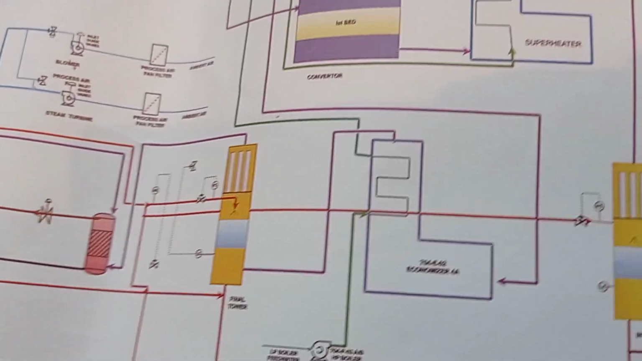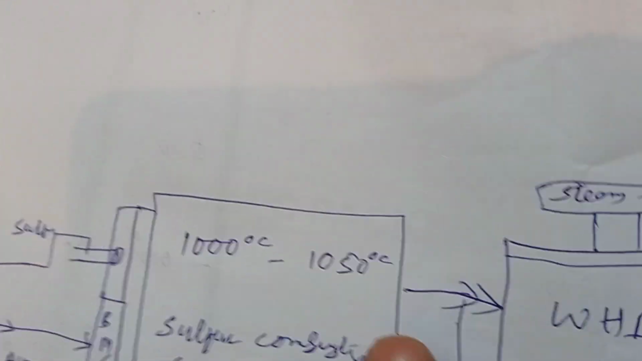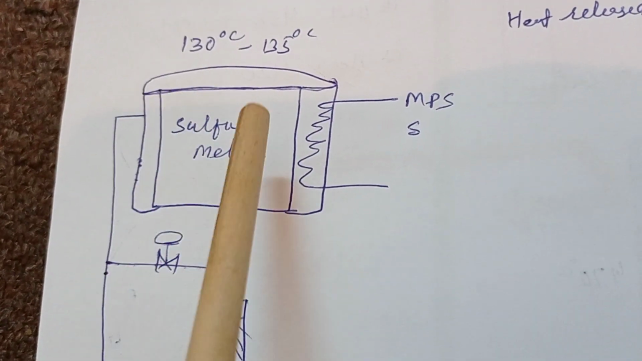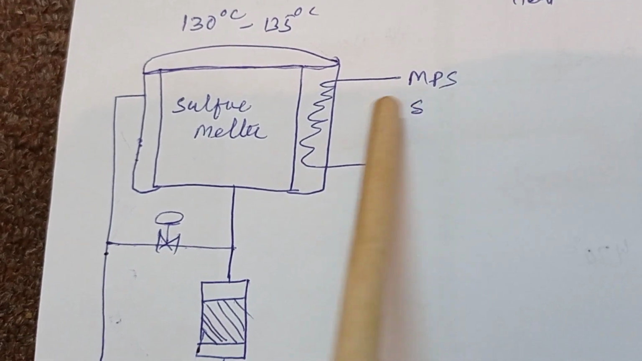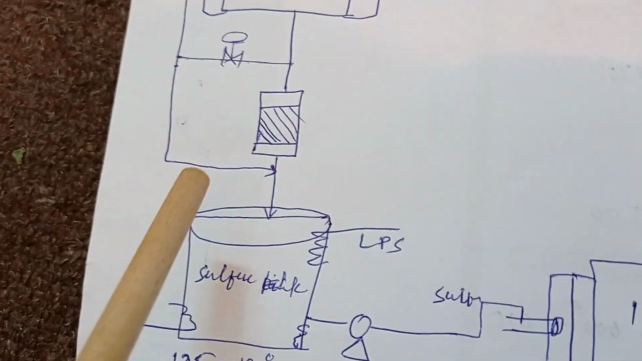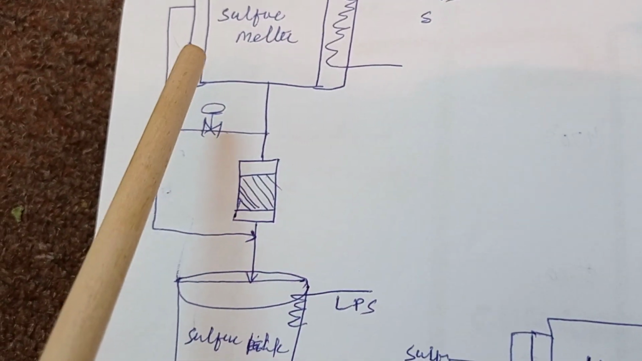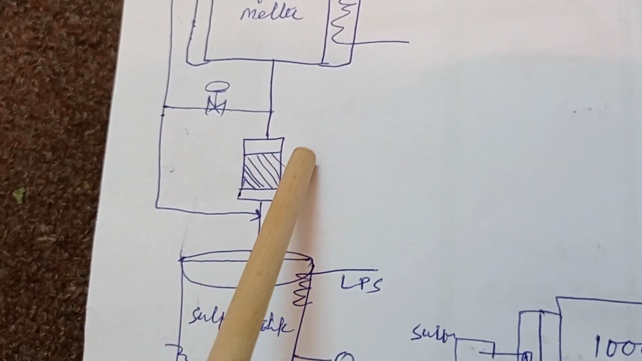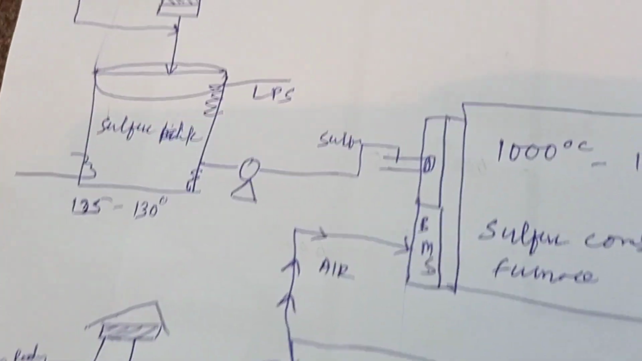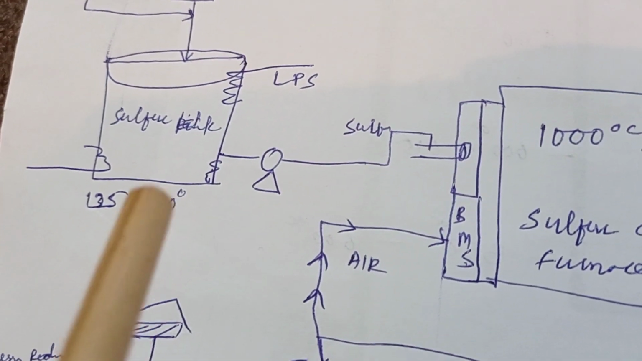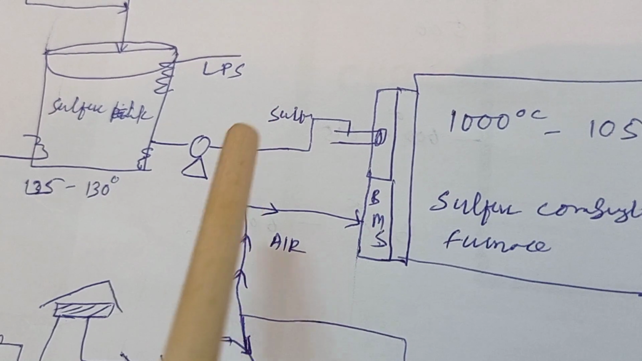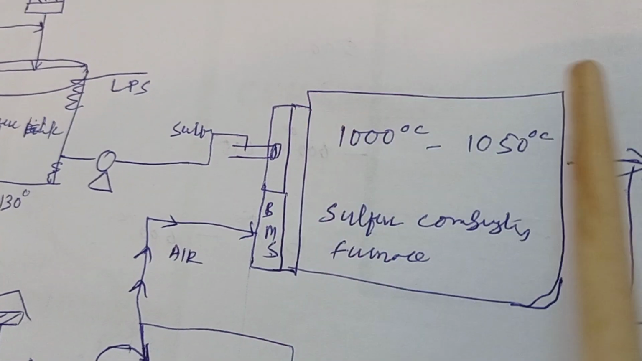Now I'm going to give you operating details of this plant. First of all, in the sulfur melter we maintain a temperature of about 130 to 135, and we use MPS, medium pressure steam. After that, from its overflow it goes to the sulfur tank, or if the quality of sulfur is not good, then we send this sulfur to the filter with the help of a control valve. After that, it goes to the sulfur tank, in which we maintain a temperature around 130 to 135, and with the help of the sulfur pump we send sulfur to the sulfur furnace,